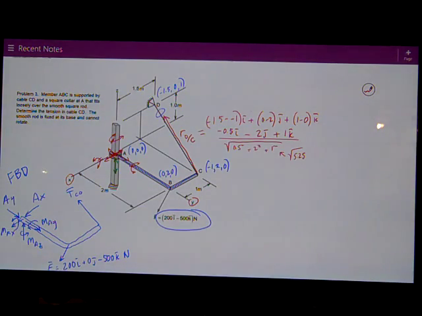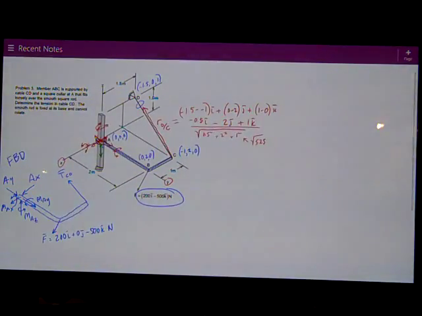So everything else, I need to get some position vectors here in a minute, but I can now start writing out all my forces. I'm looking at my free body diagram, and I'm going to start with TCD. And so TCD as a force, as a Cartesian, is these components times TCD. So I've got -0.5 divided by the square root of 5.25. So these numbers work out to be